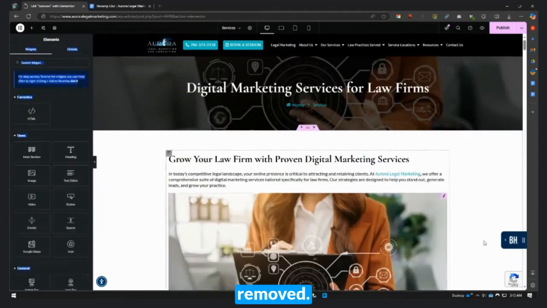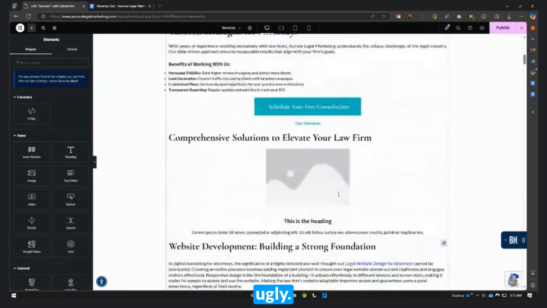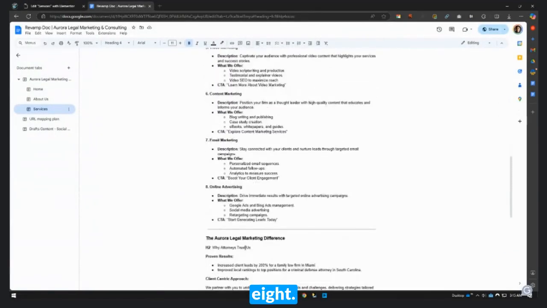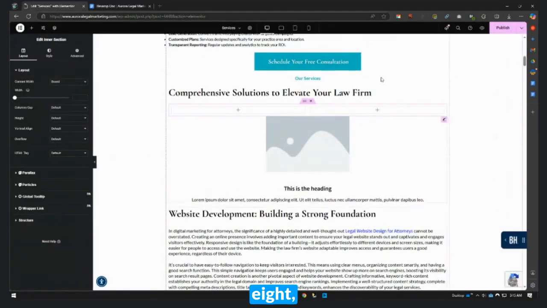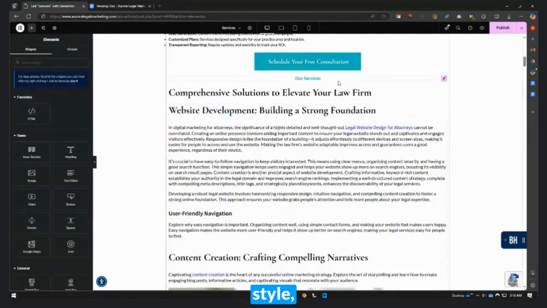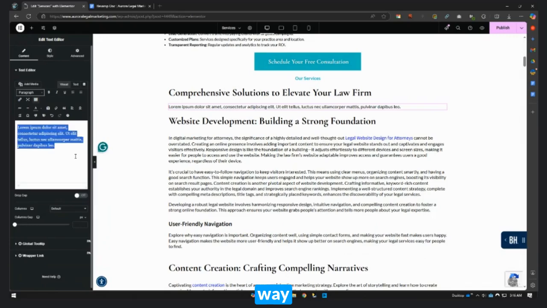This can be removed. Small, I like it. It's ugly. How many are there? 1, 2, 3, 4, 7, 8. Let's have just 3. I don't like this kind of style. Again, a more simplified way.